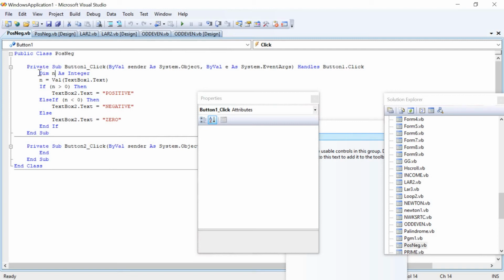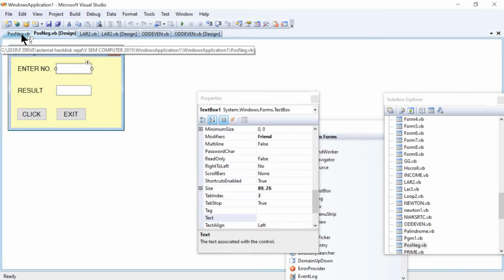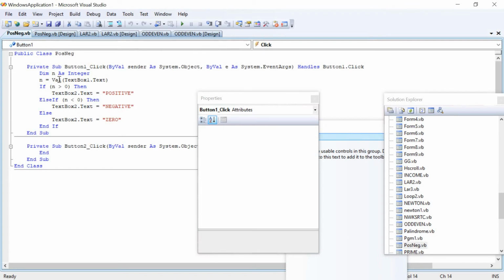To declare the variable in VB.NET, the dim statement is used, and the input is entered via text box 1, which will be converted to number type using the val function. Val indicates value, which is mainly used to convert from text to number type. Text box 1 dot text property takes the input, which is converted to number type and stored in the variable n.